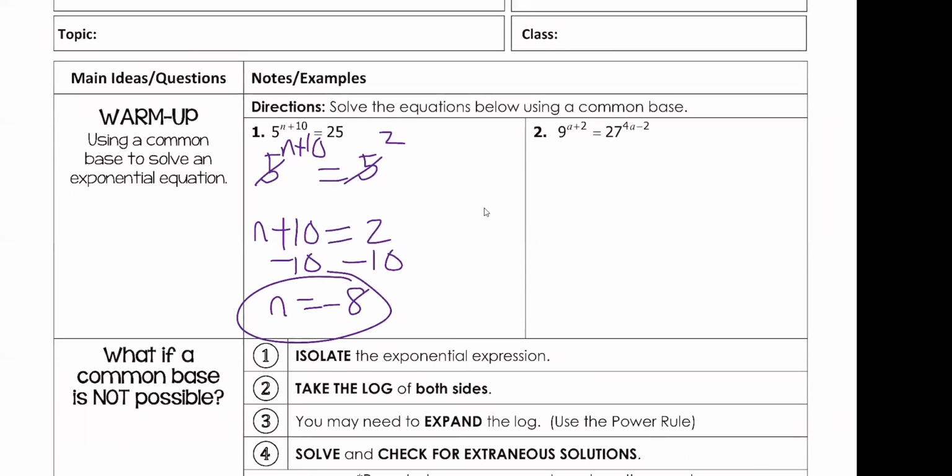Similar idea with question 2. There's no way I can really write 27 as a base of 9, at least easily. I mean, you could use a fractional exponent or a decimal, but you could write 9 as 3 squared. So just remember, if you have binomials in the exponent, you're going to have to